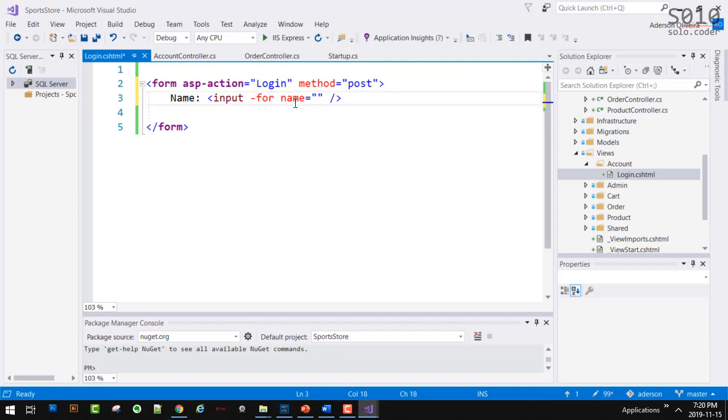So the name of our inputs, let's say that it is, well, name. I'm just going to put a line break here. And I'm going to say password. Another input with the name password.